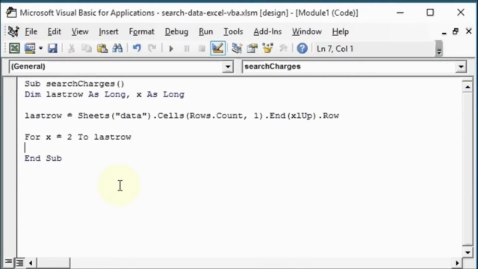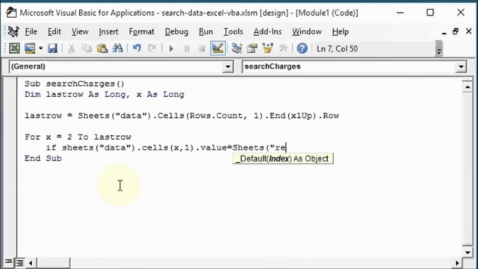That means we loop through all the data, and we will say if Sheets("data").Cells(x, 1).Value is the same as the value in Sheets("results").Range, that is what the user is going to input or select, .Value,